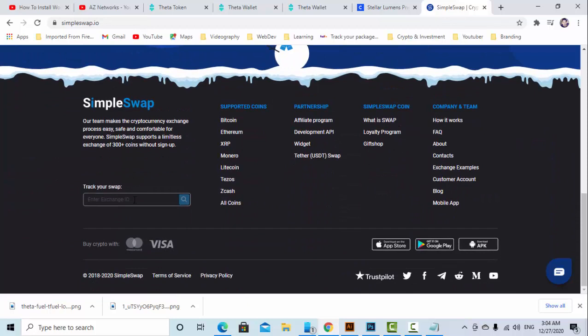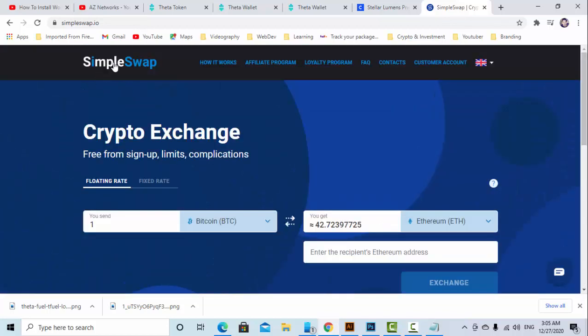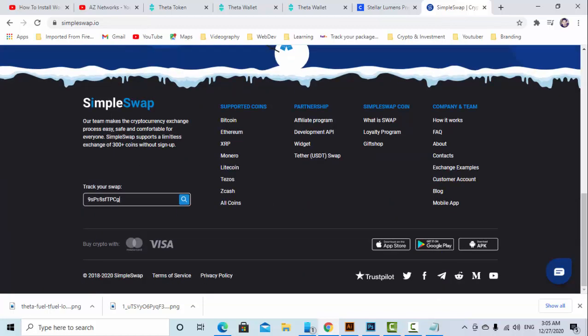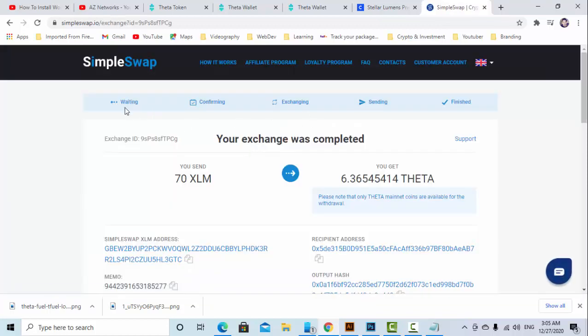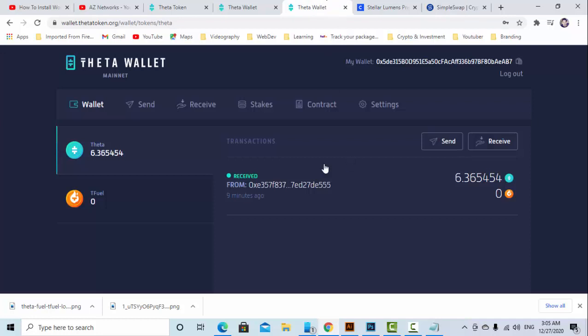Okay, guys, so you should have your exchange ID. As I said, just copy paste it and save it somewhere. So you are going to Simple Swap again, and you go all the way down to track your swap. You will put your tracking swap ID and you will hit the search button. So it will show you the transaction. It says confirming, exchanging is finished. So it's already finished. And if you go to your wallet, you will see that you get the same amount